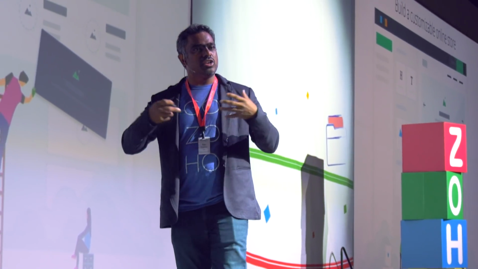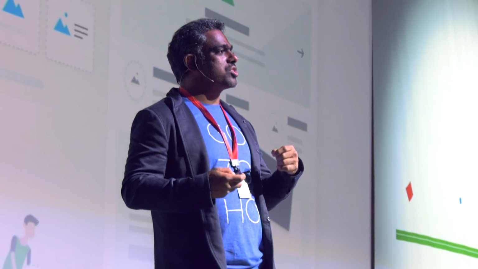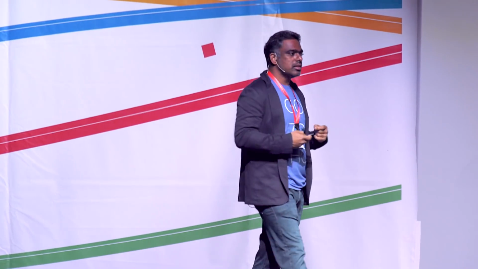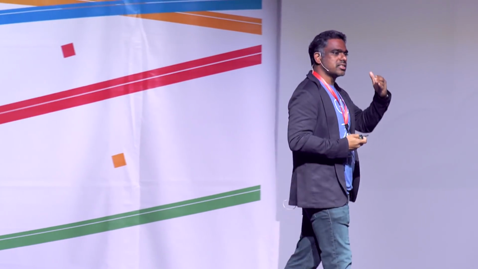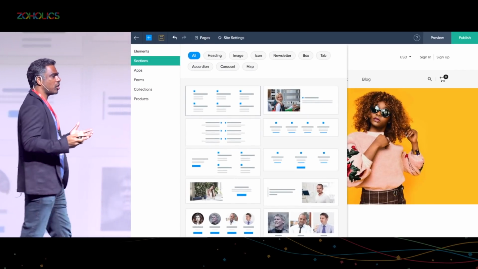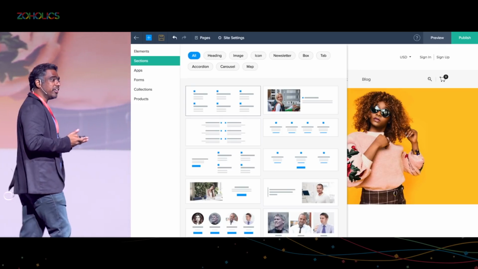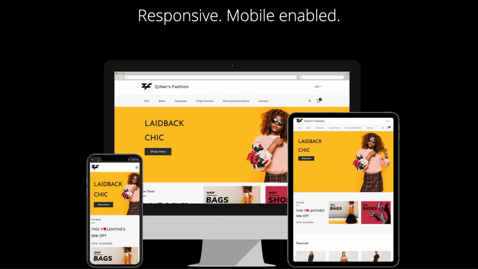And you can build an e-commerce store that inherits the capability of Zoho Sites and the customizability and various elements of Zoho Sites. Now, those can be used to build the e-commerce website. Simple drag and drop interface. You do not have to do much coding, if anything at all, to build the site. Now, the beauty about it is, once you build your e-commerce site, it's automatically optimized for multiple form factors, be it mobile or tablets. And it is completely responsive.